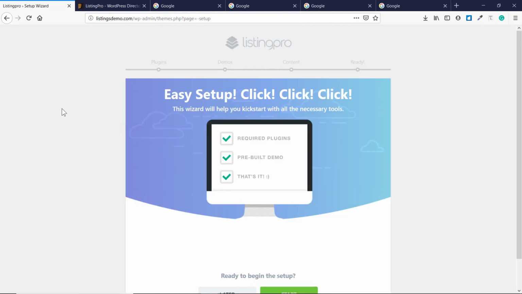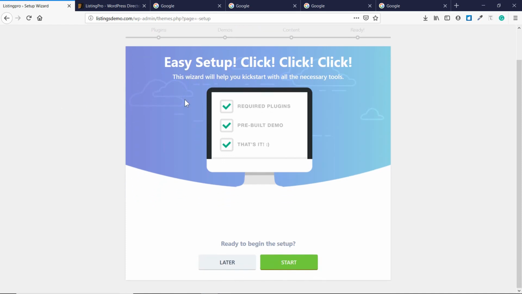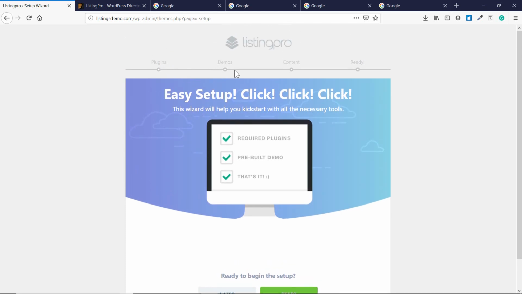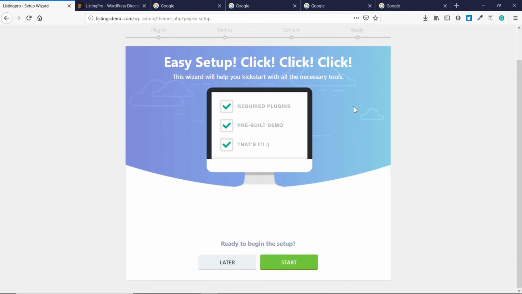Once you have activated the theme, you'll be seeing this screen. Now on this screen you'll see this option ready to begin the setup, and there are these steps: plugins, demos, content and ready. So we'll go through each one of them one by one. So let's click on start,